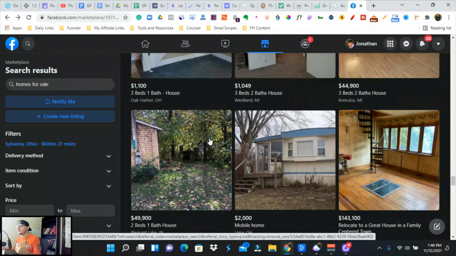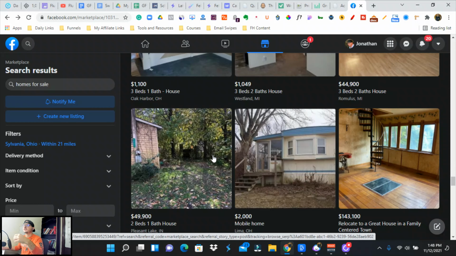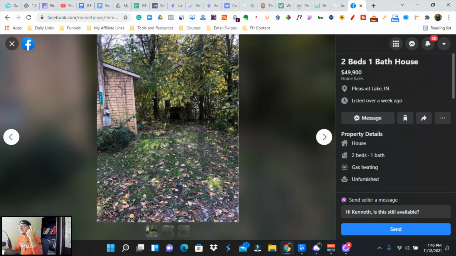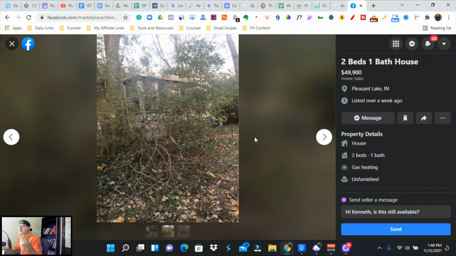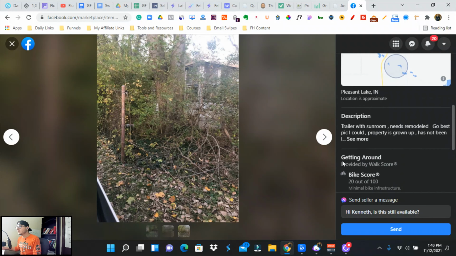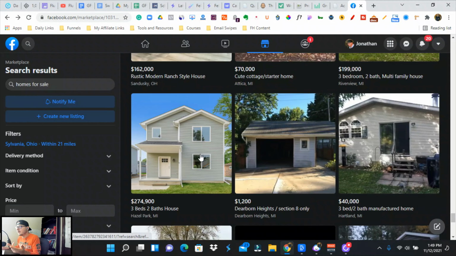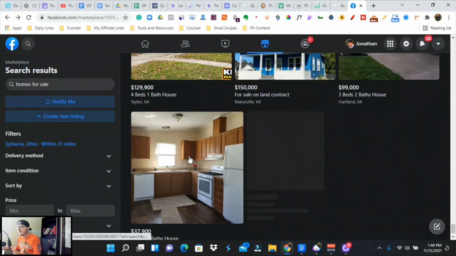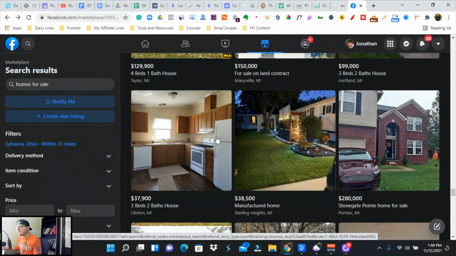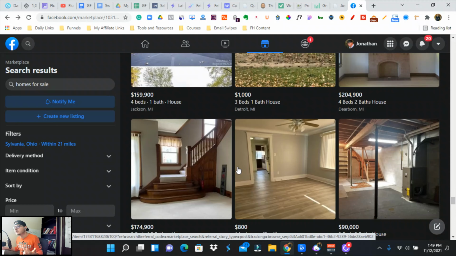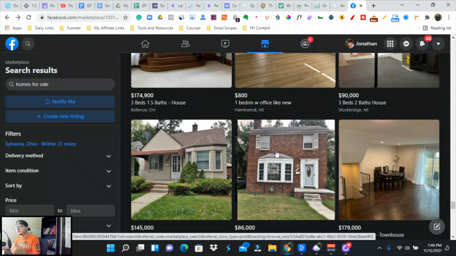So many different avenues. You have to be different, right? How are you going to be different in this marketplace? So, sales copy, email, you need to be providing a bunch of value. Like, these pictures are horrible, right? Trailer with sunroom, blah, blah, blah. So, you know what I mean? Realistically, a lot of realtors aren't even running ads. They're paying Zillow $20 to $50 per lead, and they're not even exclusive leads. You need to be different and